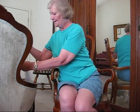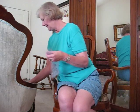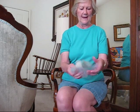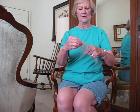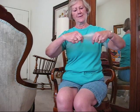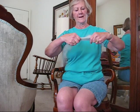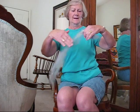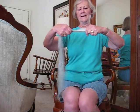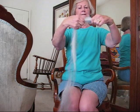To spin this, you can simply pre-draft it out if you want, or you can just spin from here. Or you can get really fancy. What do I have? I have kind of a purple, a gray, a green, and a white. Hold them all together in your hand and draft them out together. You'll have a multicolored roving. Don't draft too far. This fleece is about 4 inches long, so you want to draft about 3 inches so you have plenty of overlap